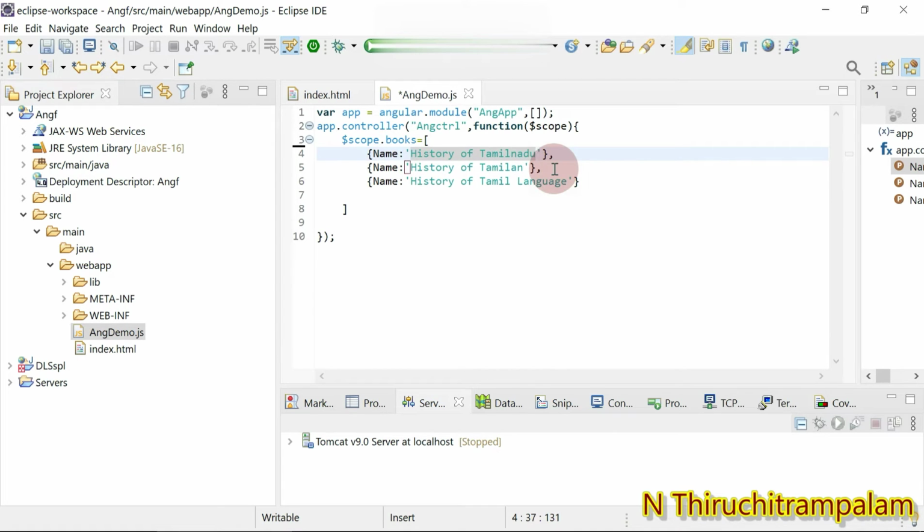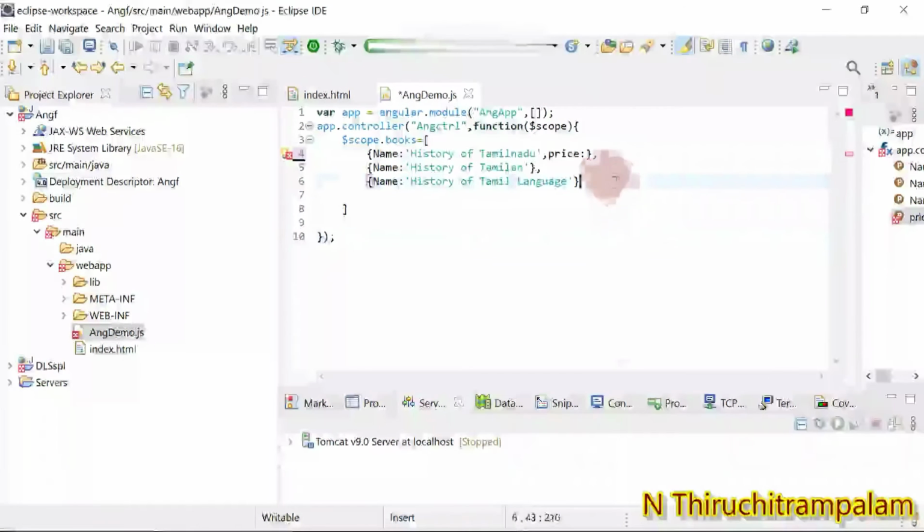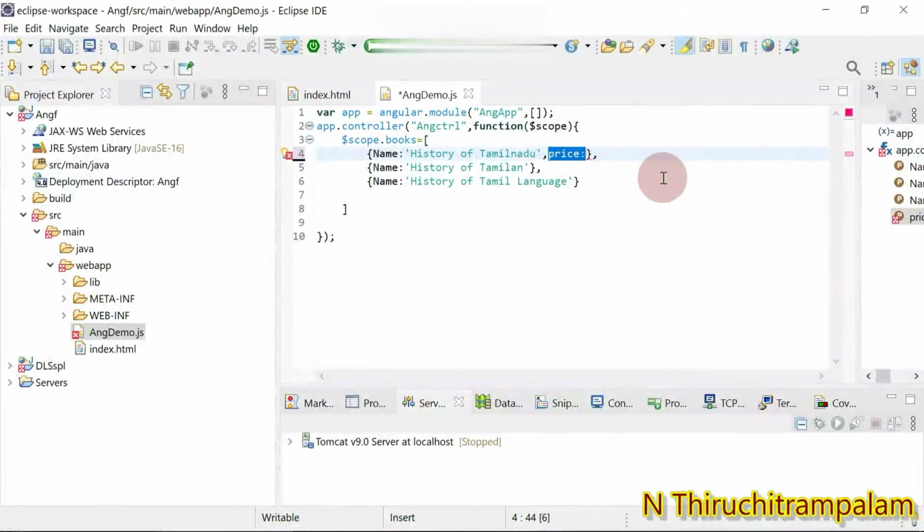You can give the key price, colon, and the value for this. The price is one more key value pair we give in the object.